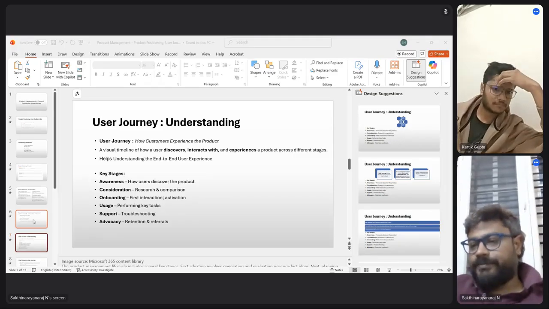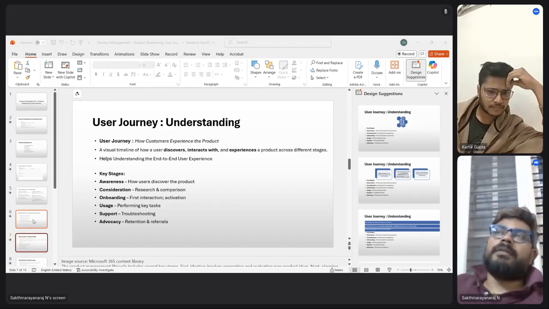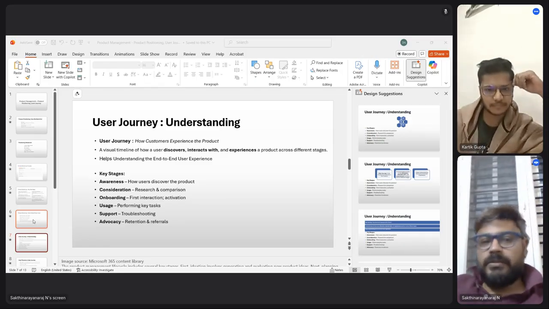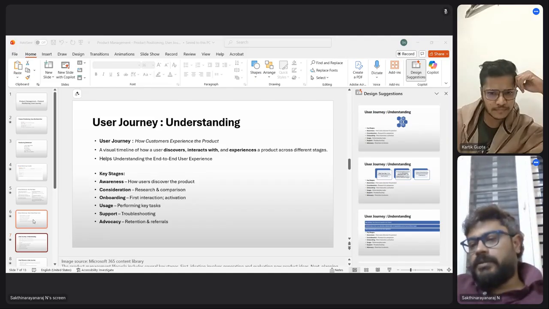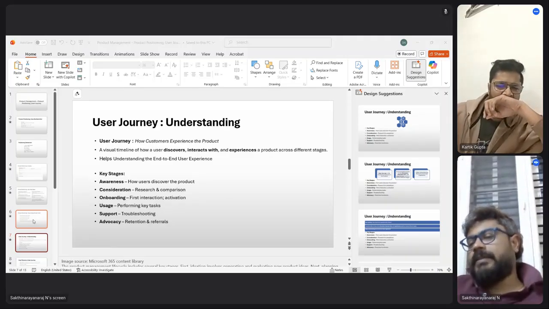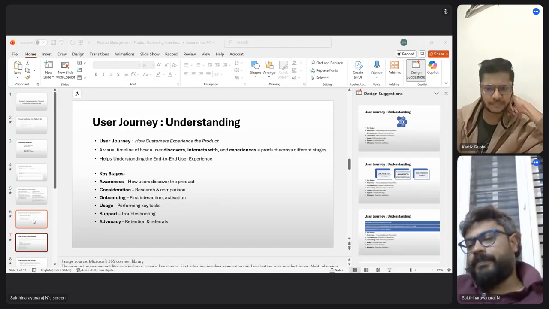Got it? Okay. So now, let's take the example of Uber. You are a customer for Uber. So what you do, you install the app, right? Then you have to log into the app, right? And then you have to provide permissions to the app, correct?